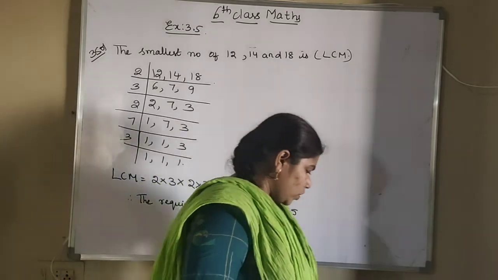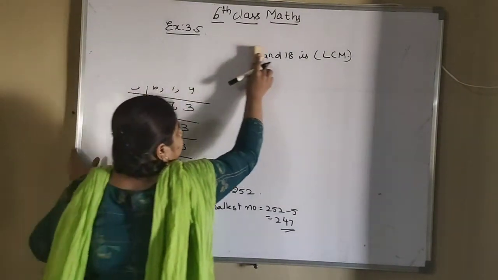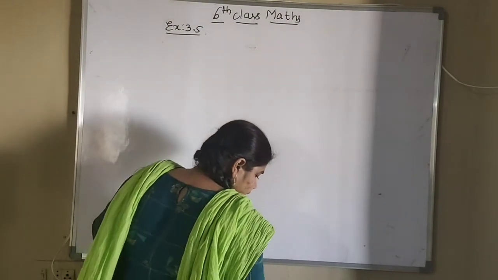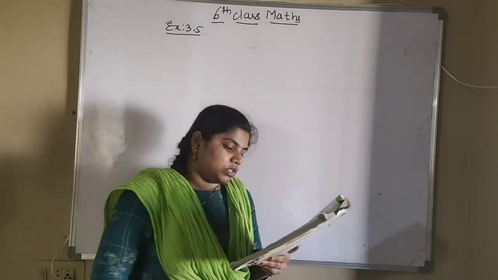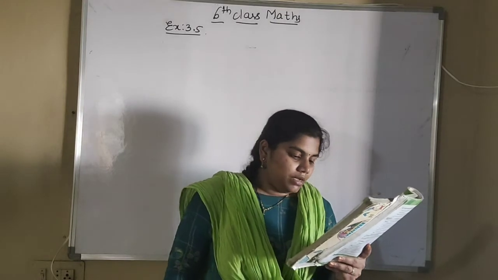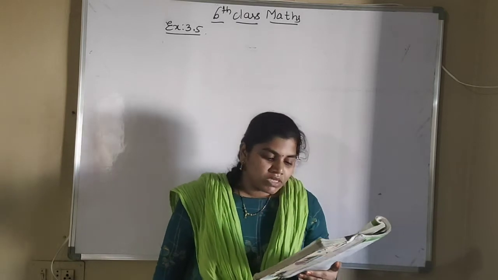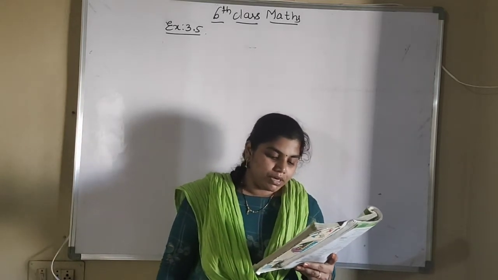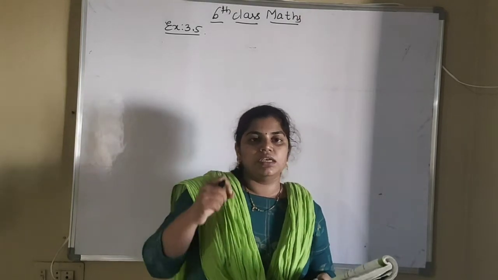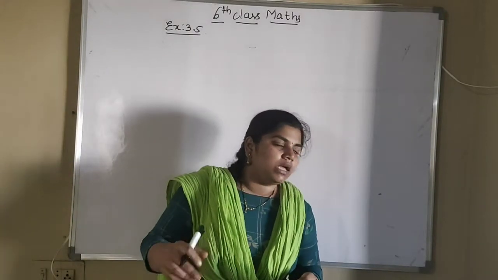Next is fourth one. So what is fourth question? Find the greatest 3-digit number which when divided by 75, 45 and 60 leaves no remainder. The remainder will be 4. So what we have to find? We have to find a number which when divided by 75, 45 and 60, it will leave a remainder as 0. It will not get any remainder. No remainder is nothing but 0 you will get.